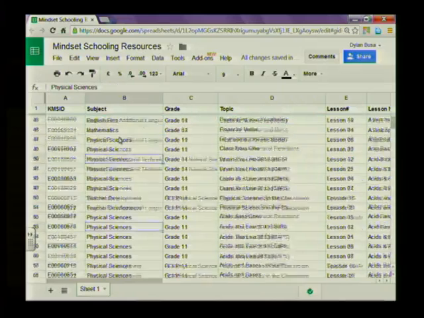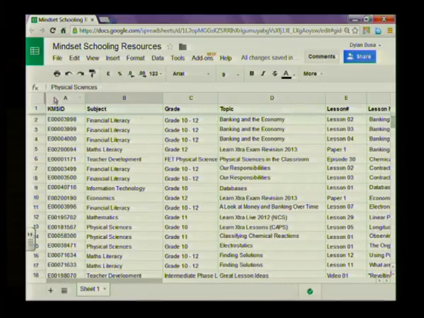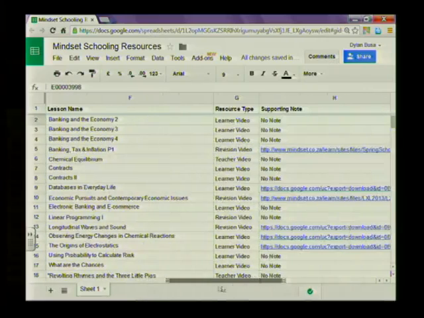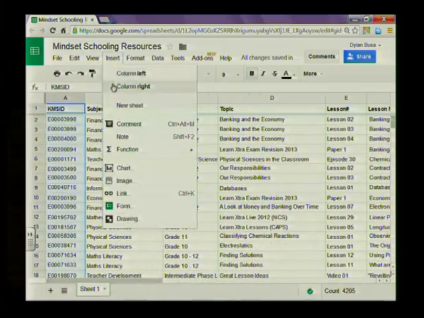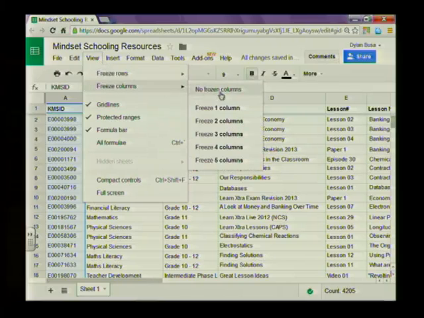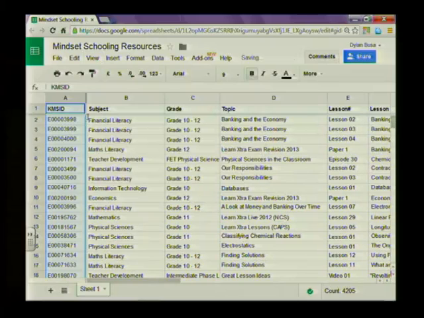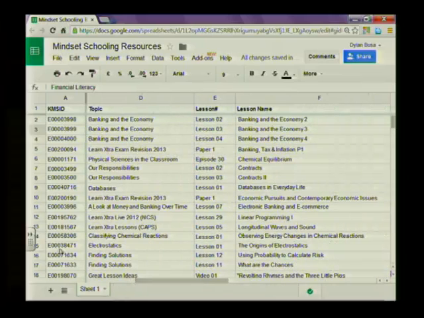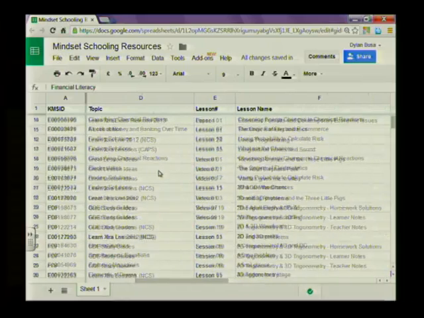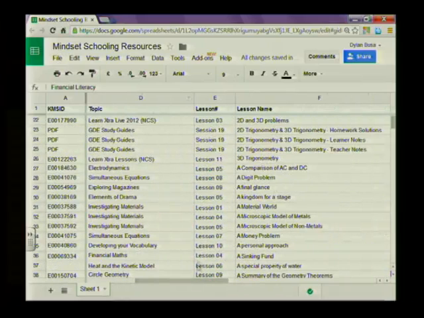Now I can do exactly the same thing to this first column. I might want to keep this KMS ID in view no matter how far to the right I scroll. So to do that, View, Freeze Columns, and I want to freeze 1 column. And you can see it puts the same thick border in place over there. And now as I scroll to the right, column A remains in place, and as I scroll down, row 1